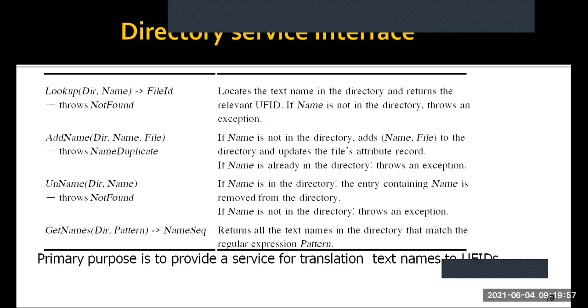సో ప్రైమరీ పర్పస్ ఆఫ్ ద డైరెక్టరీ సర్వీస్ ఇస్ నథింగ్ బట్ మ్యాపింగ్ అని మనకి తెలుసు. టెక్స్ట్ ఫైల్ నేమ్ని యూఎఫ్ ఐడీస్తో మ్యాప్అప్ చేయాలి. సో దానికోసం మనము లుకప్ యూజ్ చేసి డైరెక్టరీలో నేమ్ ఉందా లేదా ఫైండ్ అవుట్ చేస్తాము, లేకపోతే ఎక్సెప్షన్ త్రో చేస్తుంది. ఒకవేళ యాడ్ చేయాలనుకుంటే యాడ్ నేమ్ అనే ఆపరేషన్ యూజ్ చేయొచ్చు, లేదు దాన్ని డిలీట్ చేయాలంటే అన్నేమ్ యూజ్ చేయొచ్చు. మొత్తం టోటల్ డైరెక్టరీలో ఉన్న లిస్ట్ ఆఫ్ ఫైల్స్ చూడాలి అంటే గెట్ నేమ్స్ యూజ్ చేసుకుని యూ కెన్ లిస్ట్ అప్ ద total files